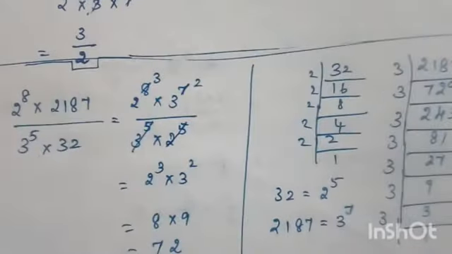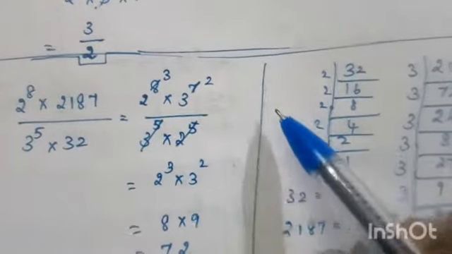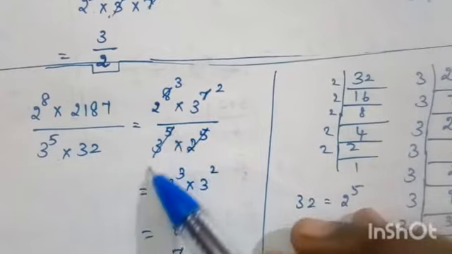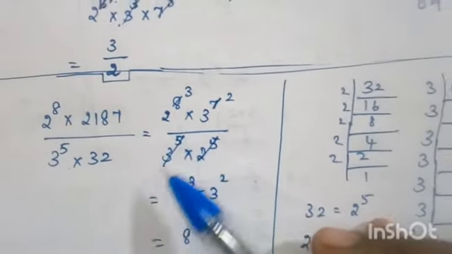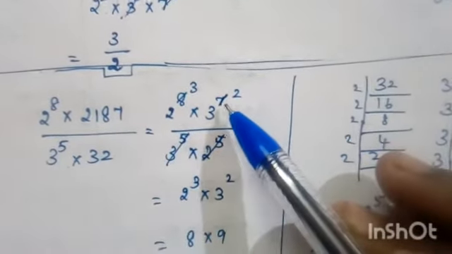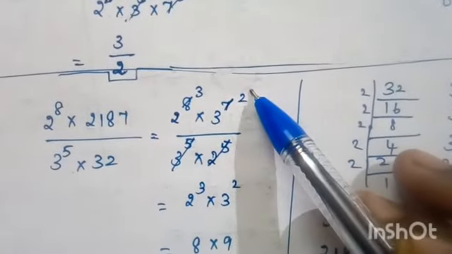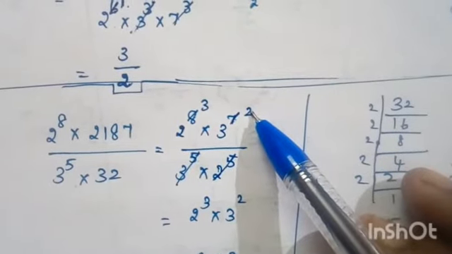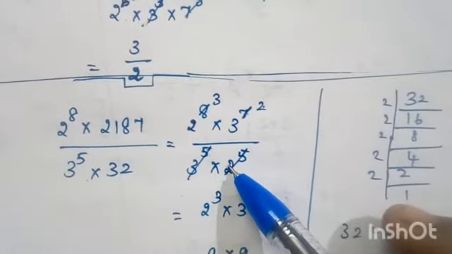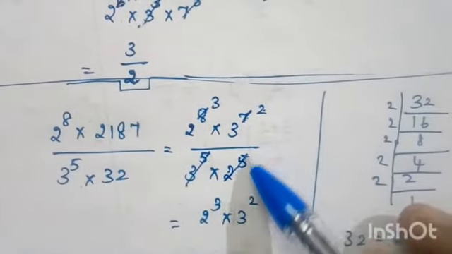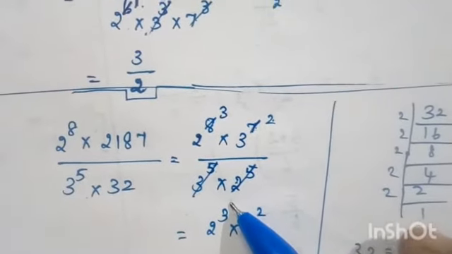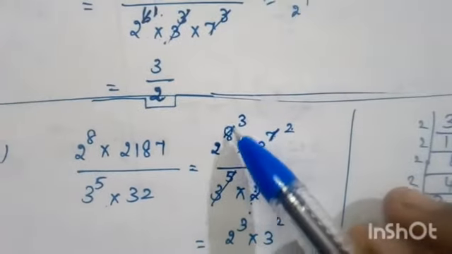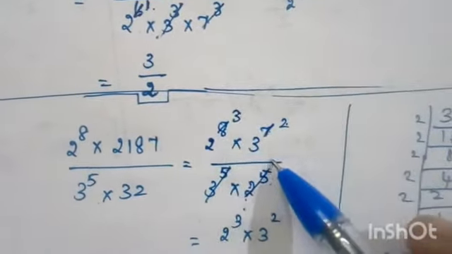So now cancelling, listen once again. For 3, 5 times is there, here 7 times is there. So these 5 times you make cancel. 3 power 5 is cancelled. So remaining how much? 7 minus 5, 2 is there. So remaining 3 power 2, which means 3 into 3. So 2 power 5, here 2 power 8. The 2 power 5 is cancelled. 2 into 2 into 2, 5 times cancelled. So here remaining how much is there? 3.